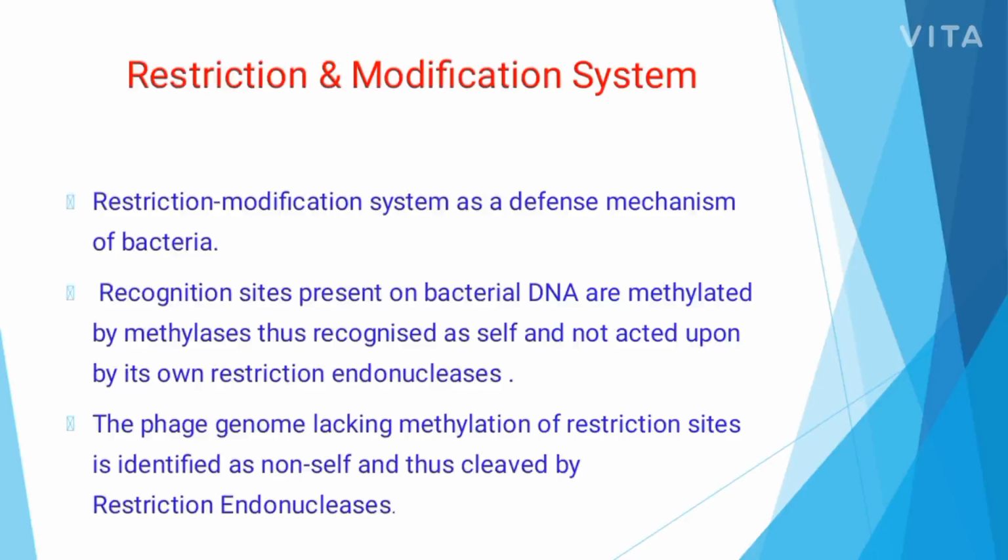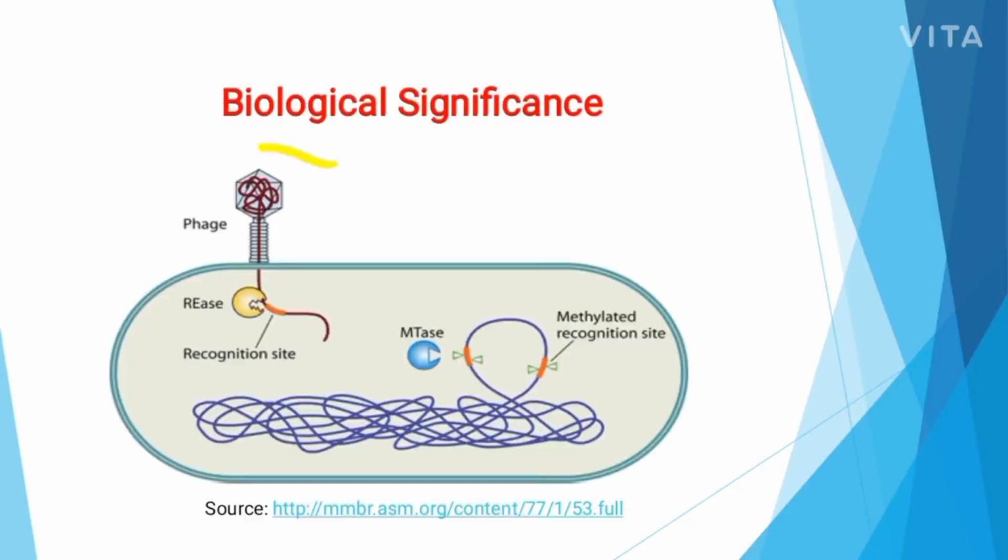In a similar way, whenever a bacterium is attacked by a virus, the viral DNA is injected into the bacterium, which activates its restriction enzymes, and these restriction enzymes cut the viral genome into pieces and expel it from its body. You may get a doubt: the restriction site, for example the EcoR1 site GAATTC, may also be present in the bacterial genome. So how is it able to protect its own DNA